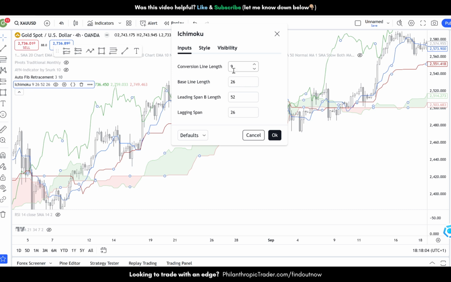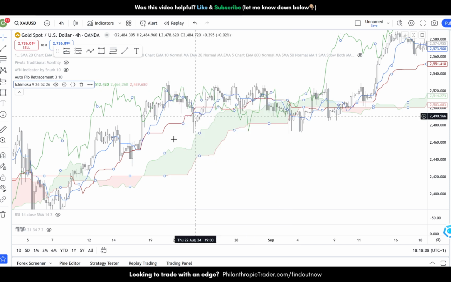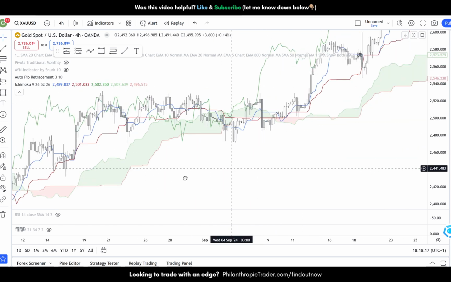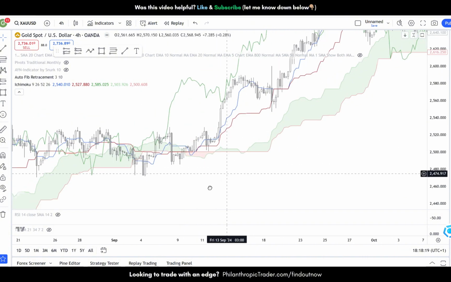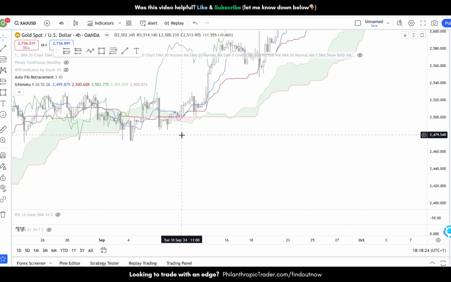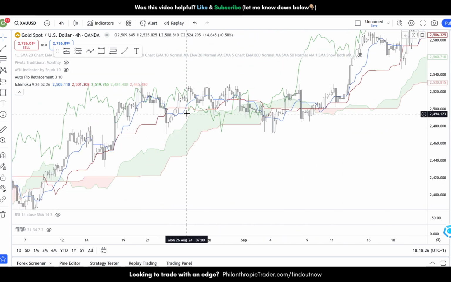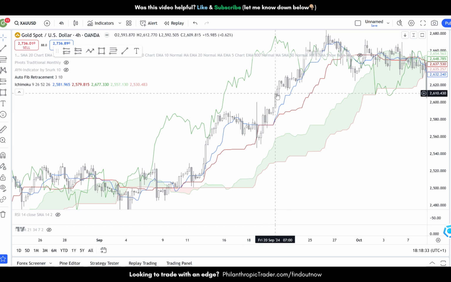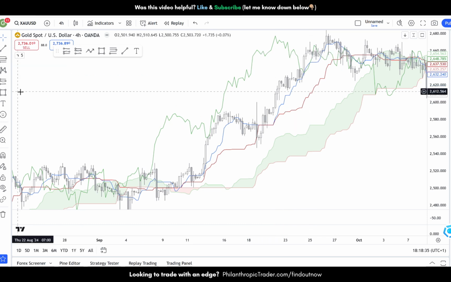And over here you can just play around with it. But when there's a cross over here, we see a cross, and from that moment you can take a buy order. Now over here it starts to range, but eventually it goes to the upside. Let me see if I have another nice opportunity. The blue line needs to cross the red line. Over here, it crosses slightly, and then over here you take a buy order to the upside,